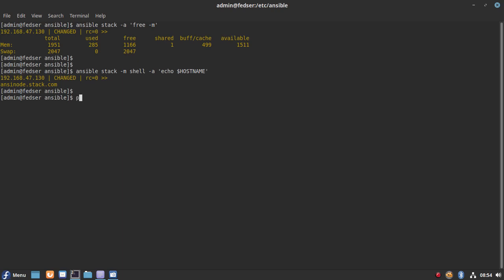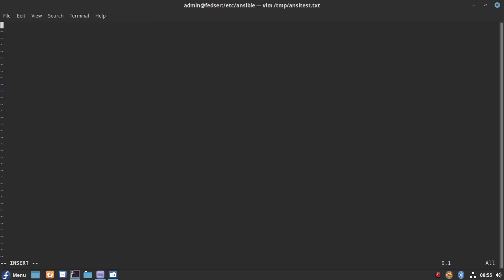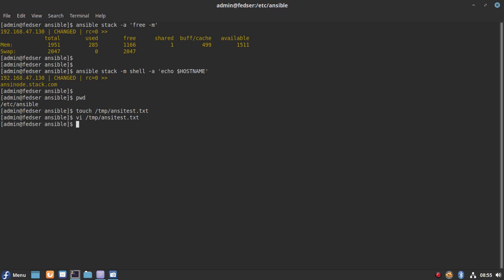Right now I am in etc Ansible, so let me create a file in temp, ansible-test.txt, and write some content also. I have created the ansible test file in the temp directory. Let's try to copy it onto the remote node using the copy module.